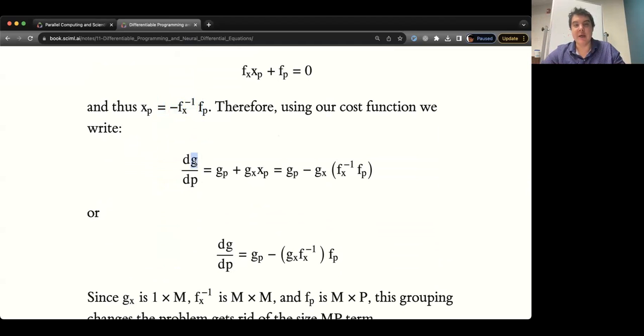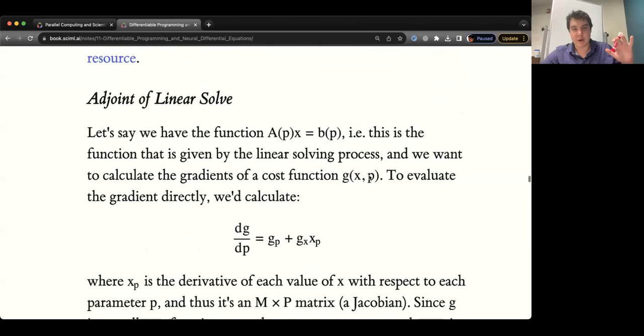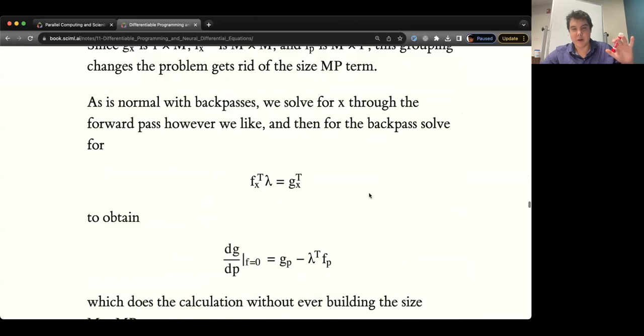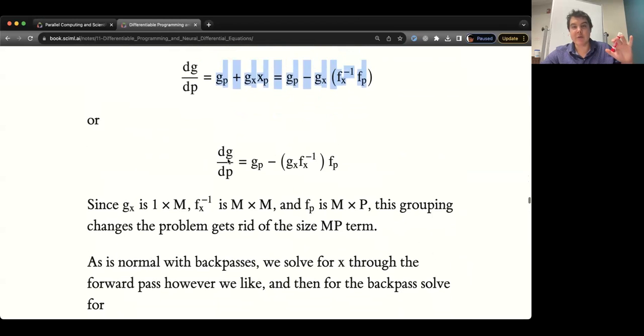So g is a function that takes in the output of the Newton's method. The derivative of this cost function defined on the Newton method solution is, well, you just differentiate it with respect to P. Maybe I didn't write the loss function the best way. You take its derivative with respect to P, and you'll notice that the derivative of g,